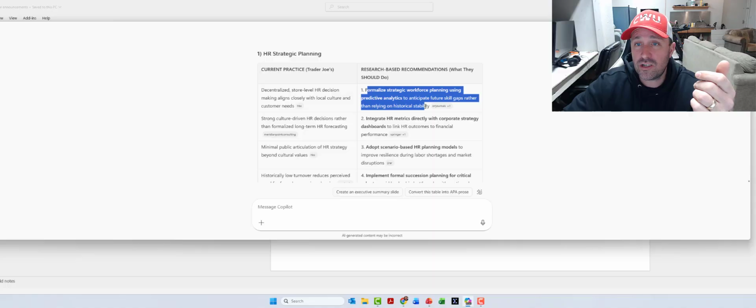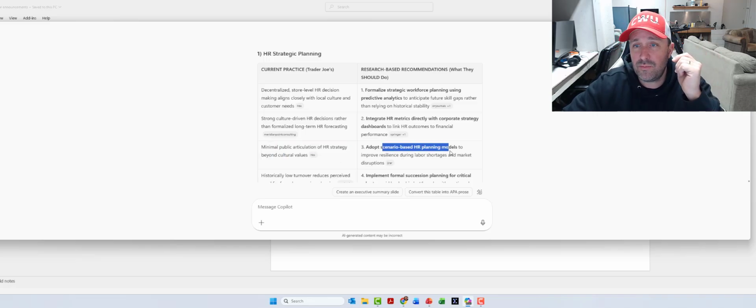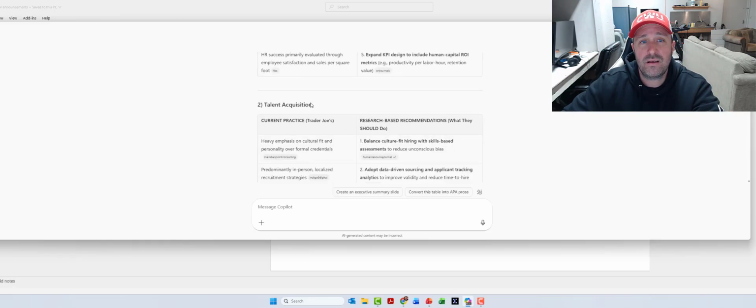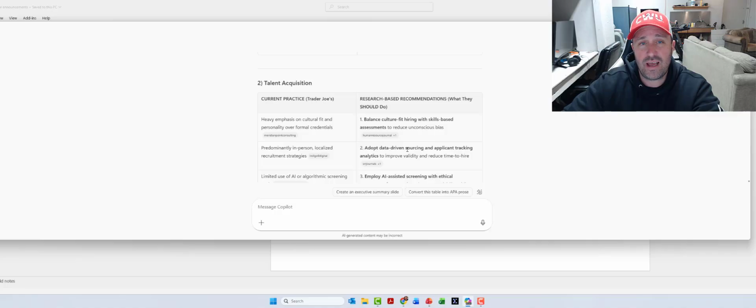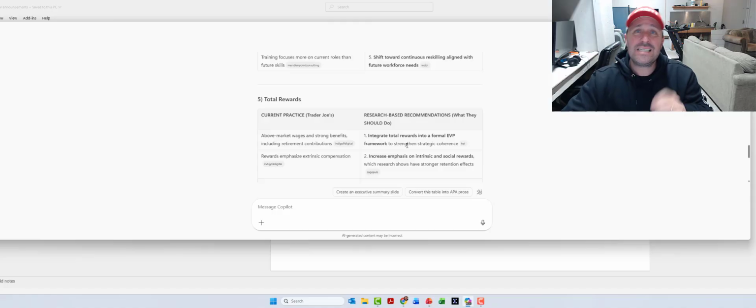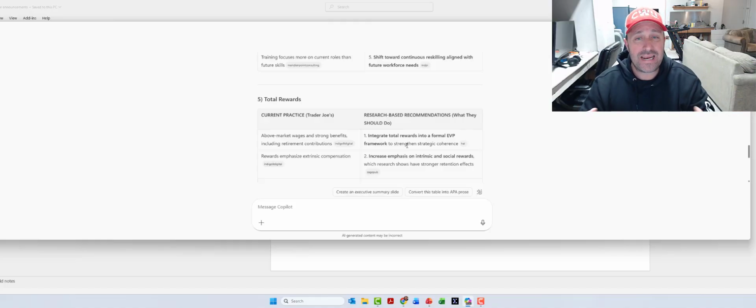What should they be doing? Well, here's what they should be doing, and here's the peer-reviewed citation that says they should do it. Minimal articulation of strategy, instead adopt a scenario-based HR strategy model. So the whole table is here. There's 5 recommendations for strategic planning, 5 recommendations for talent acquisition, all the way down the line. It doesn't mean that everything in here is perfect, but it does mean that it's a starting place